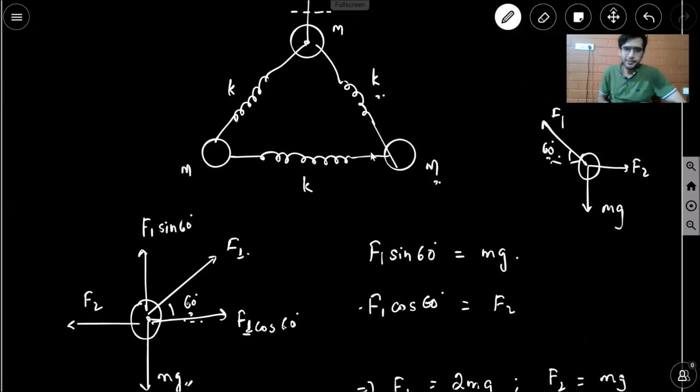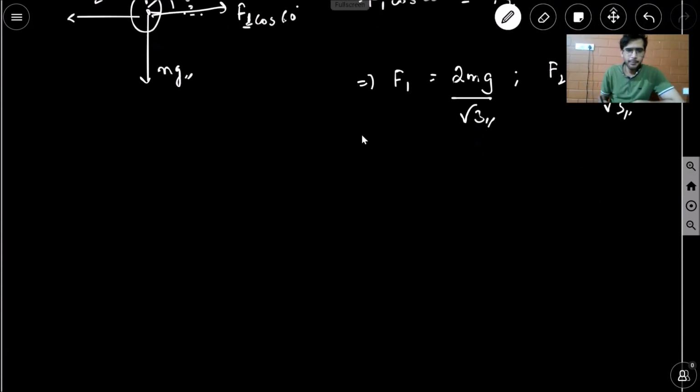Right. So you'll have the same spring force acting over here, right? And now we need to find out what will be the acceleration of each particle after the string is cut. So let's look at particle 1. What were the forces acting on this particle A, which was attached to the ceiling? Initially you had a tension force, and now this spring will be pulling it with the same force F1.